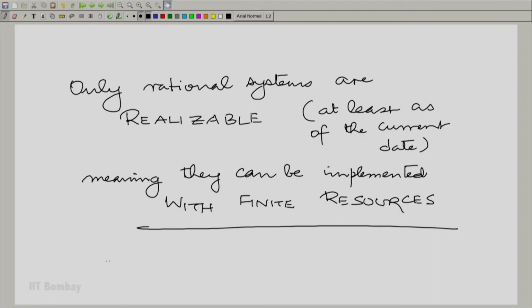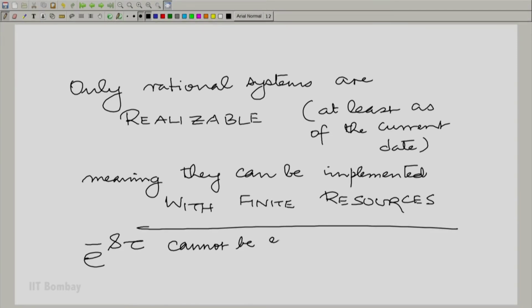So, you can always approximate an irrational system as much as you desire, but you can never realize an irrational system exactly with finite resources. That is the problem. So, there is something bad, quote unquote bad, about irrational systems in that they are not really realizable. And of course, if you look at this system function e raised to the power minus s tau,